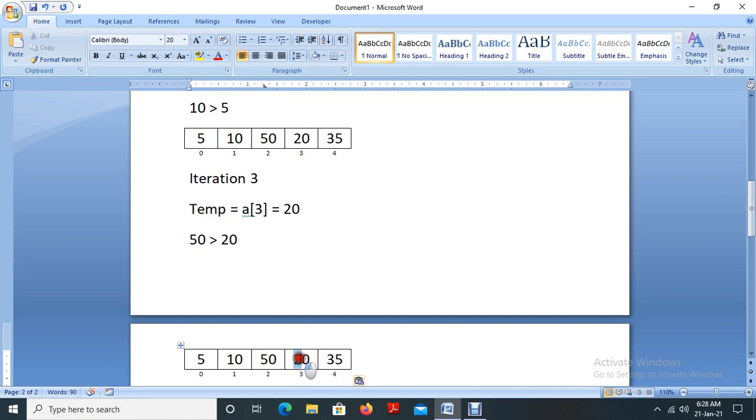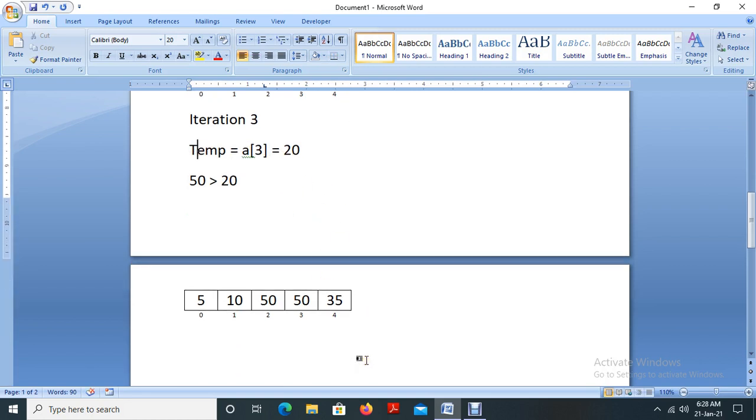20 is in the temporary variable, so we don't want to worry about the value 20. Then again comparing the next element, that is what? 10. So 10 greater than 20, condition false.